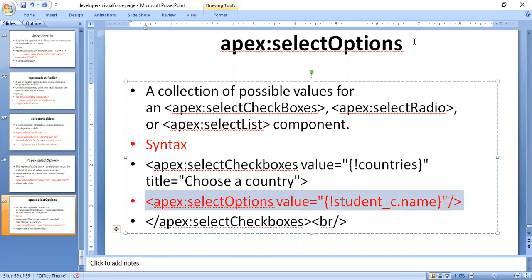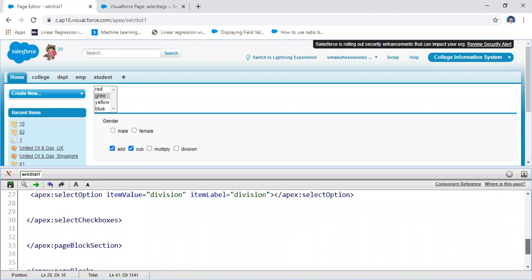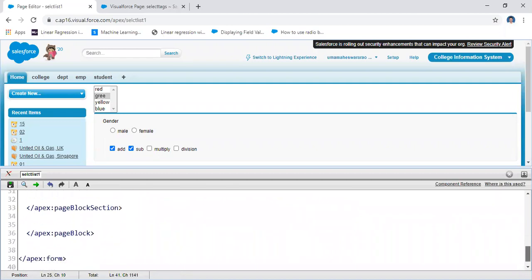If you want to see how to execute that option, I can show you. For executing these options, I come out from the block and write some options.